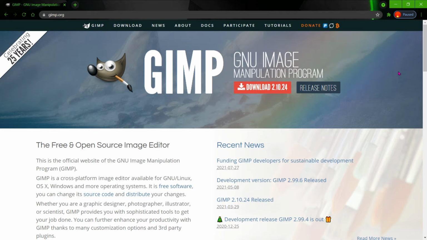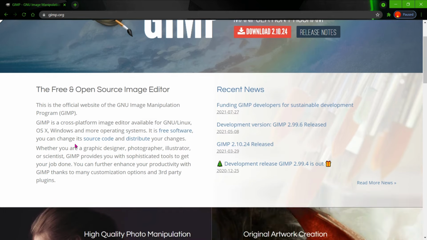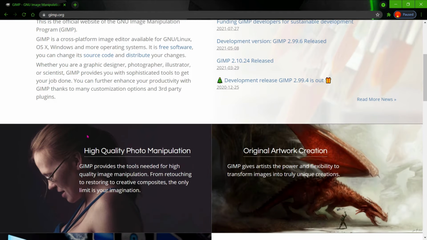And people who run a YouTube channel, most of them prepare their banner or particular video image in GIMP only. So let's start with the download. I have provided the link in the description section. Go to gimp.org. This is a very genuine site from where you can download. You can go through this page to see what information is provided.